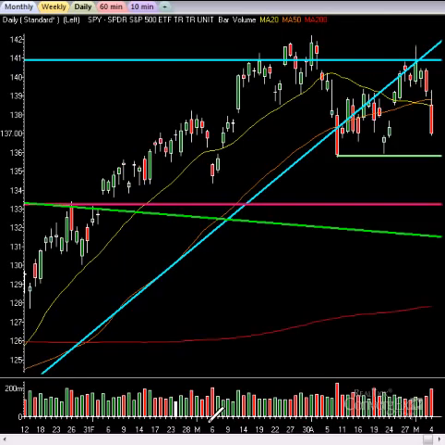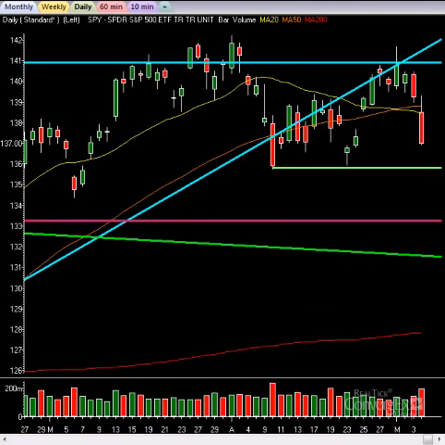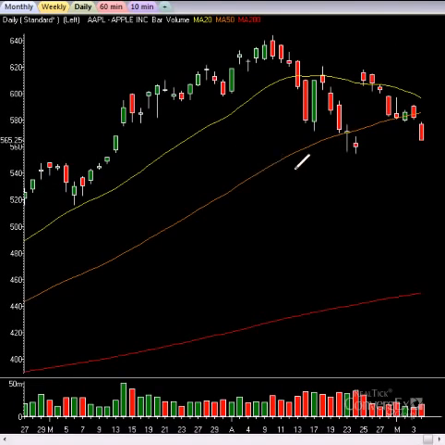All right, some good plays to watch next week. Let's take a look at the chart of Apple here. The chart of Apple does not look good. Again, we nailed the top on Apple, seeing that it was going to top out around the 620 level, when we started to get those upgrades with $1,000 price targets. As soon as I heard that, I thought, okay, top is here. Give me a break. The hype was ridiculous. The pumping in the media was ridiculous, and even with a great earnings report from Apple,